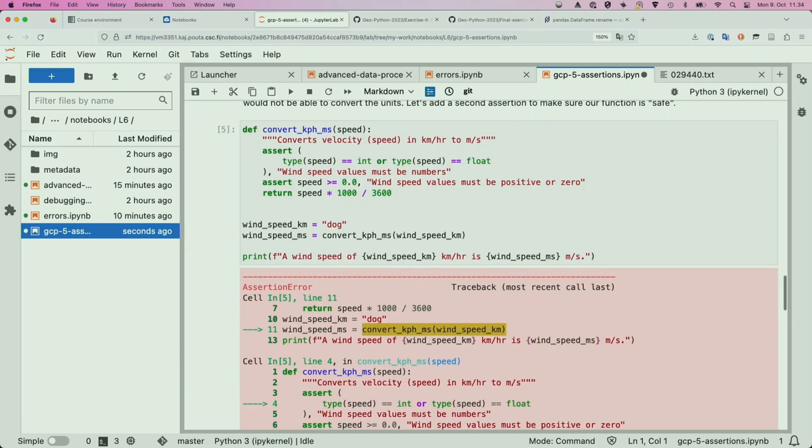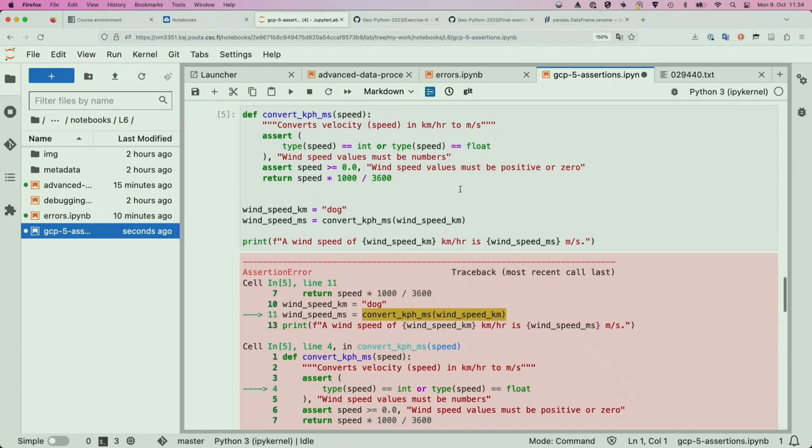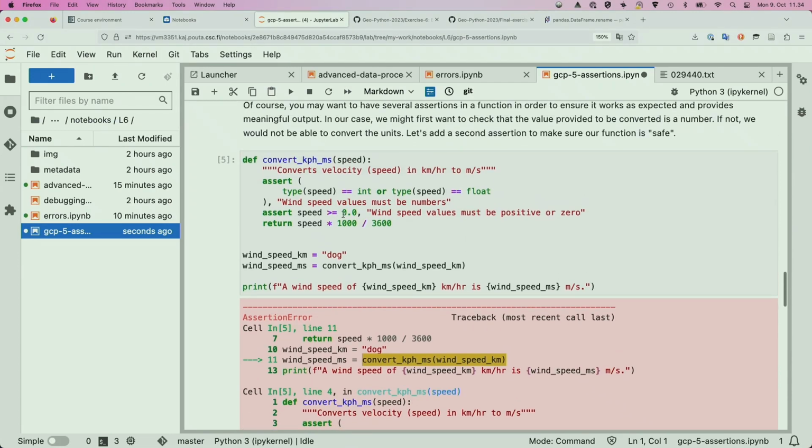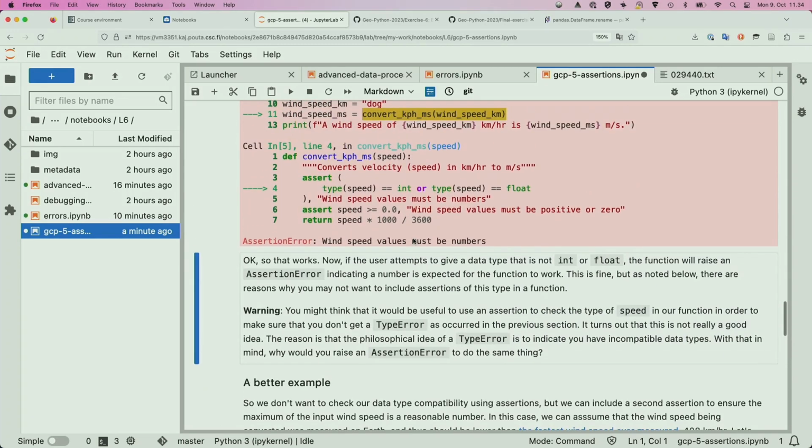So in this case, you're getting an error because the values must be numbers, and that's how you have defined it here. So you have two assertions. The first one is making sure that the values are numbers, and the second one you're checking that they are 0 or positive. But this gives you some idea how this works, but this is not a good example because the idea of assertion error is that